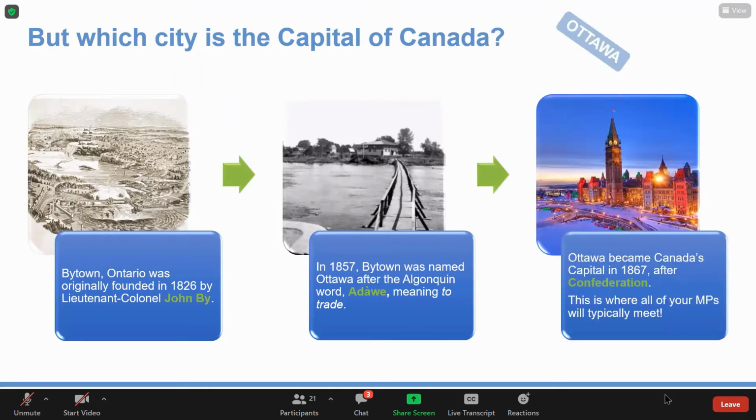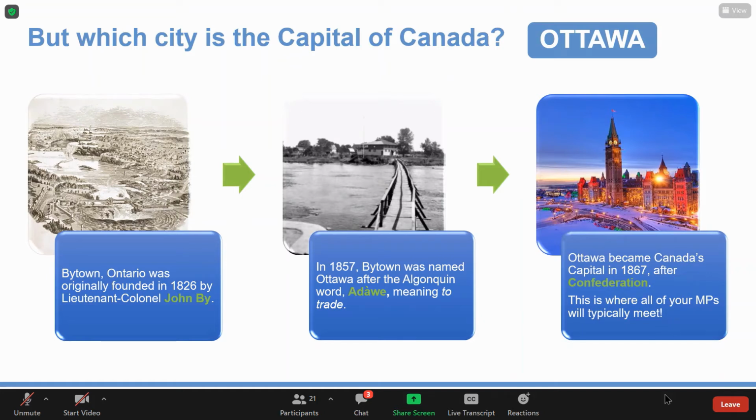Now we are talking about Ottawa, how it was before and how it is now. It used to be called Bytown. As Fayrouz mentioned, it was in Ontario, and it was founded in 1826 by Lieutenant Colonel John By. And you can see from the middle pictures, in 1857, Bytown was named Ottawa after the Algonquian word